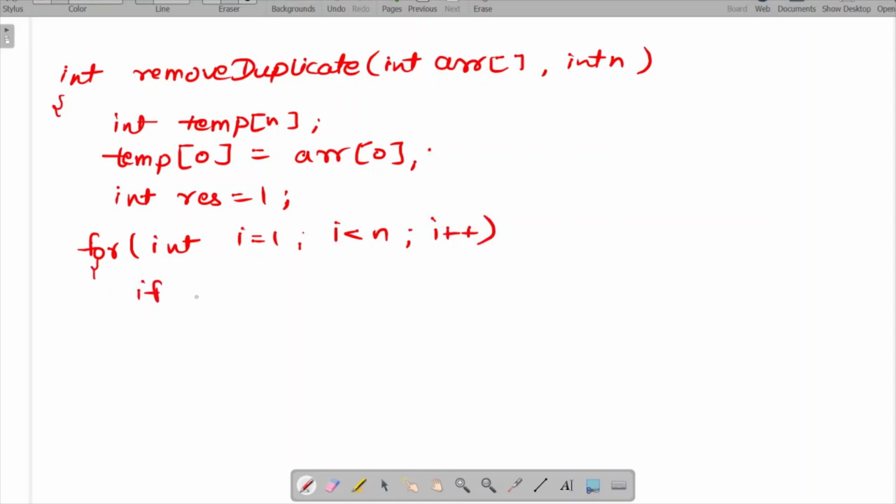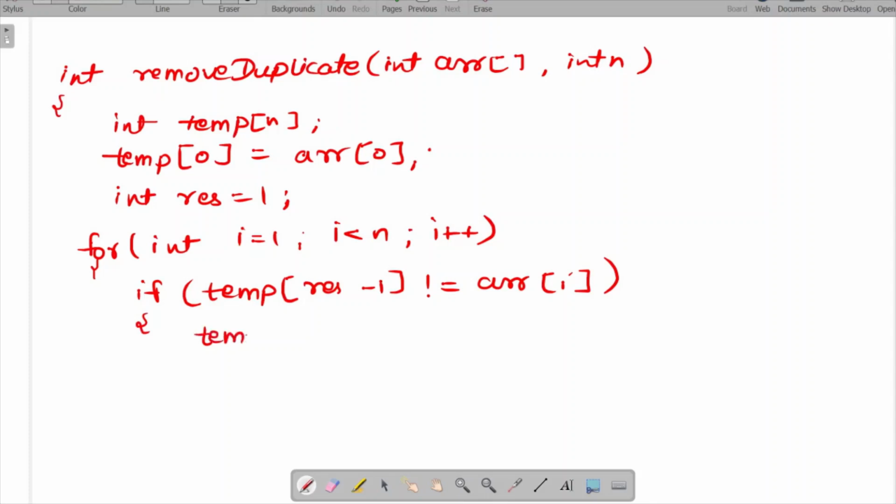Simply we will compare if temp[result - 1] is not equal to array[i], then in that case we have to enter the element into the temporary array, which means temp[result] will now contain array[i], and we will increment our result value since we have entered an element into our temporary array, and this is the main condition. So basically this only we have to do.